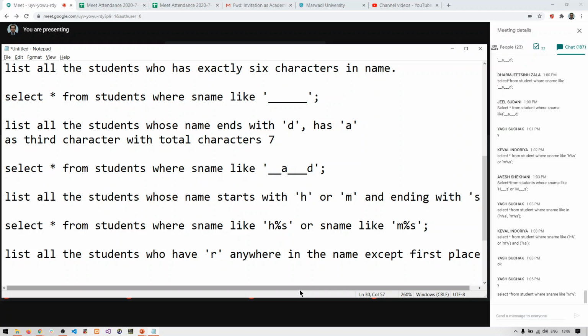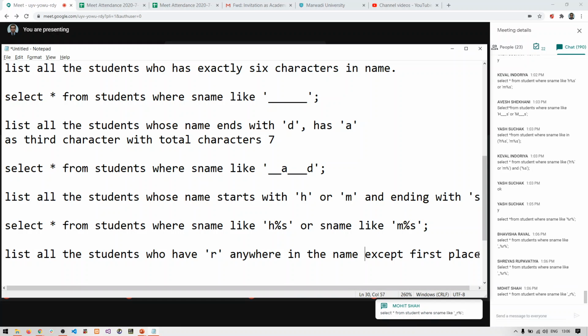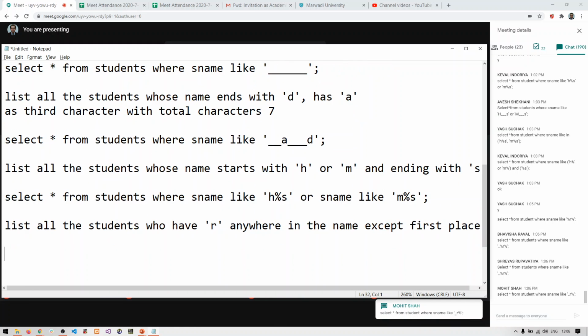Okay, Yash has given some answer. Others, what does this mean? R can be at any place except first place. That means it should not have R at the first place. So there can be any number of characters or any characters before R. There can be any number of characters after R. So the right answer will be select star from students, right?